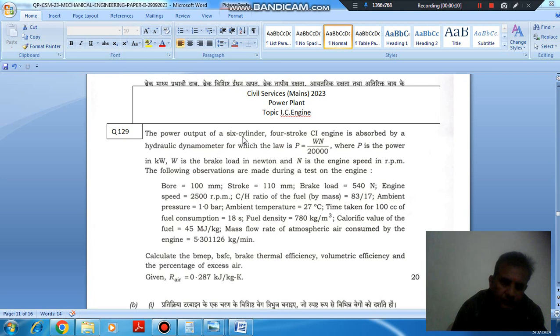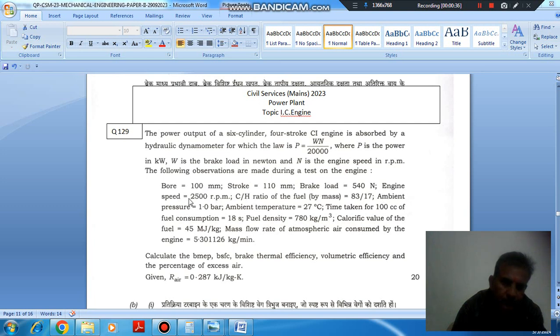The power output of a six-cylinder four-stroke CI engine is observed by hydraulic dynamometer, for which the law is P is equal to W N by 20,000, where P is the power in kilowatt, W is the brake load in Newton, and N is the engine speed in RPM. The following observations are made during a test on engine: bore 100 mm, stroke 110 mm,